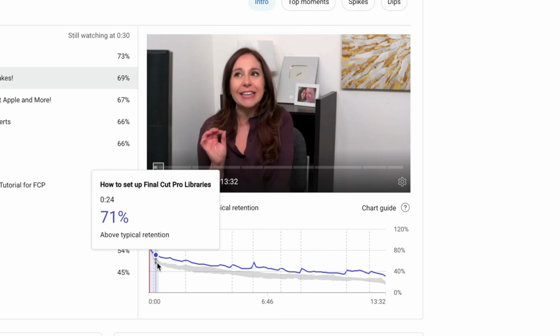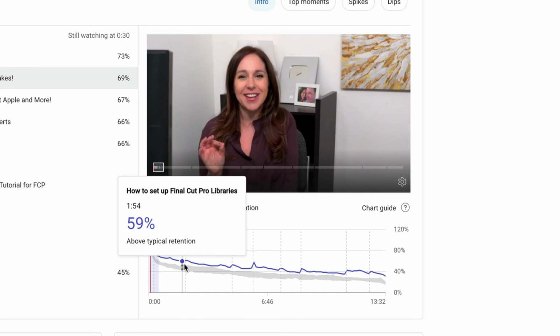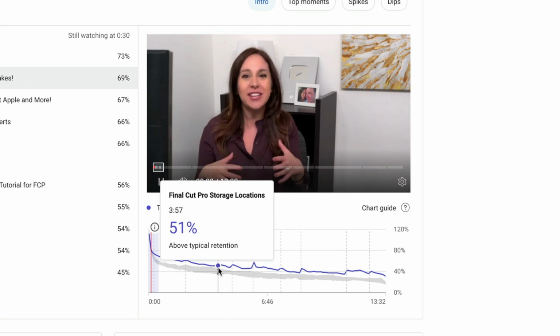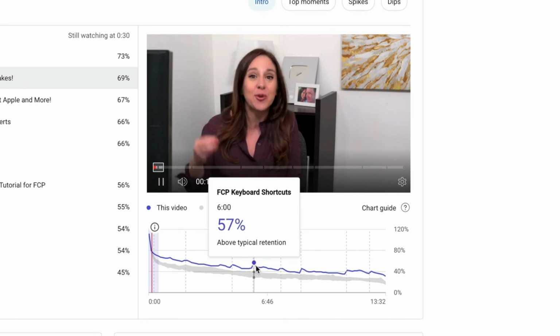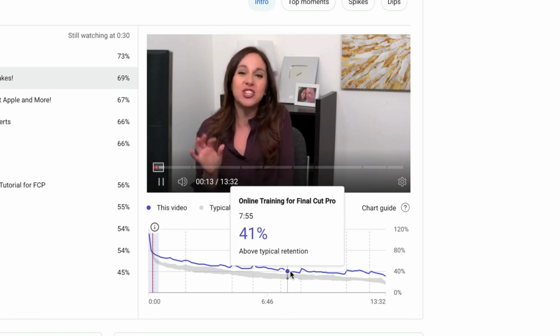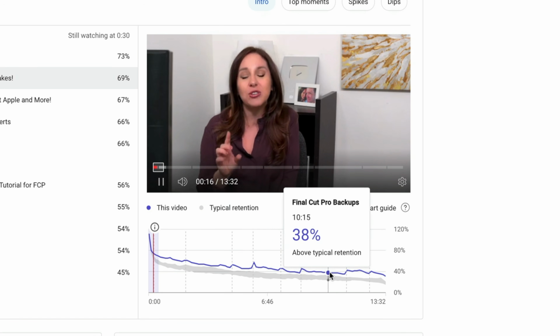Now, I'm not suggesting by any stretch that you ignore the middles of your video because YouTube also tracks retention rates. These retention rates indicate how long someone continues to watch your video after they've chosen to click on it. And YouTube interprets longer retention rates as user satisfaction, meaning the content is really good and valuable. And so if you can keep people watching all the way to the end, YouTube will once again surface your content to more and more and more people. Now remember, I also said that the very ends of your videos require special attention as well, especially if you're trying to accrue watch time so you can get monetized.